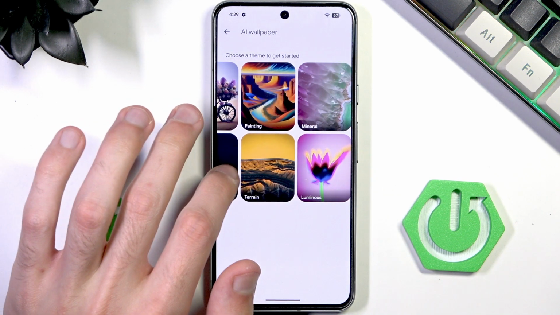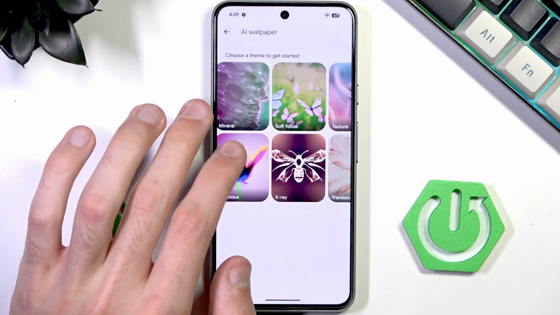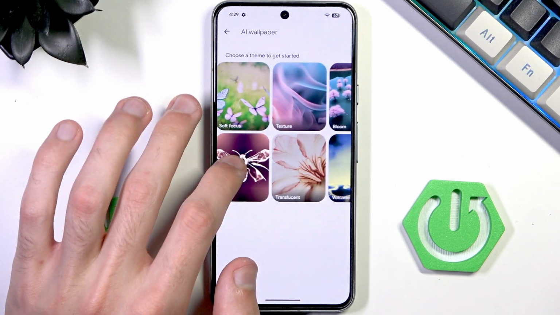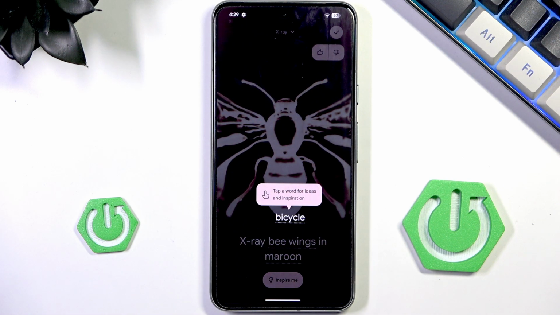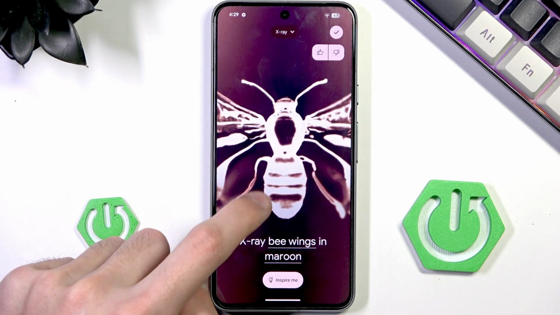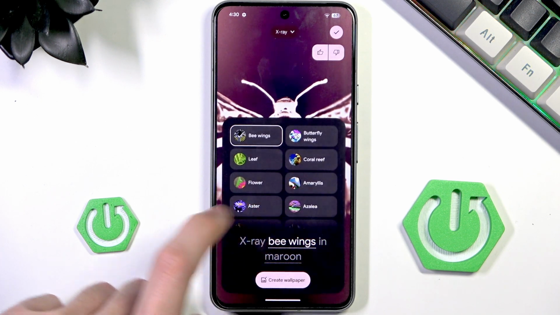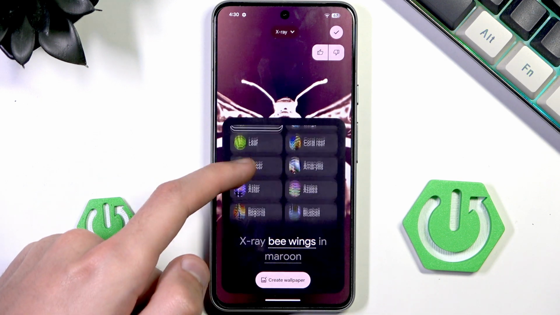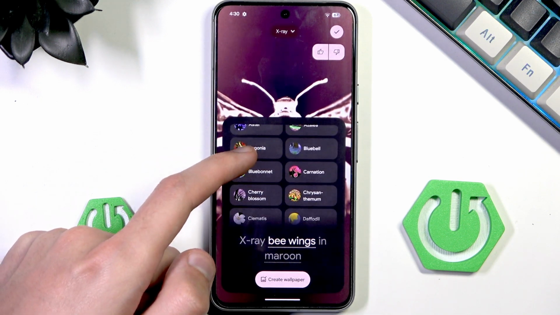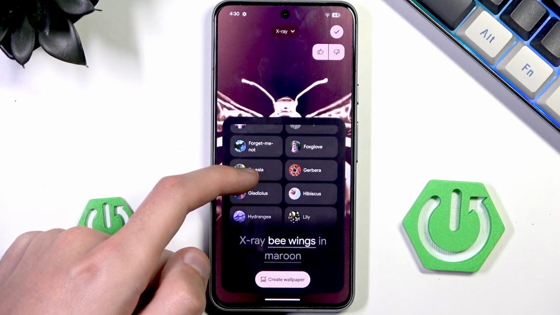So I can go with, well, there are many here, but let's go with X-Ray because X-Ray is pretty cool. And as you can see, we can tap a word for ideas and inspiration. So as you can see, we have X-ray viewings in maroon. You can always switch it to something else. So for example, we can go with